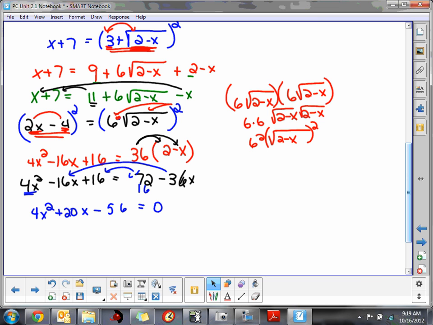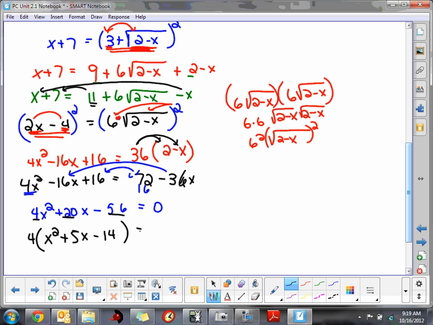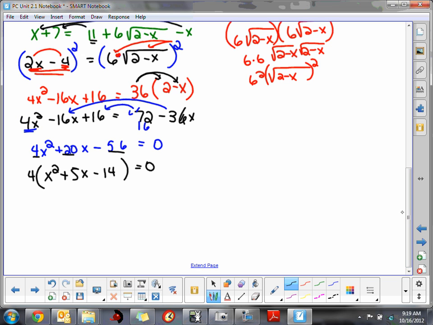All of these numbers are divisible by 4. If I look at this, they have a monomial factor that we can take care of. I'm going to factor out a 4, and it's x squared plus 5x, then minus, and 14 goes into 56 14 times, equals 0. We're getting closer. Then you just have to evaluate. Do you think you can factor this? If you don't think you can factor it, use your quadratic formula. So it's 4 times. I believe I can factor